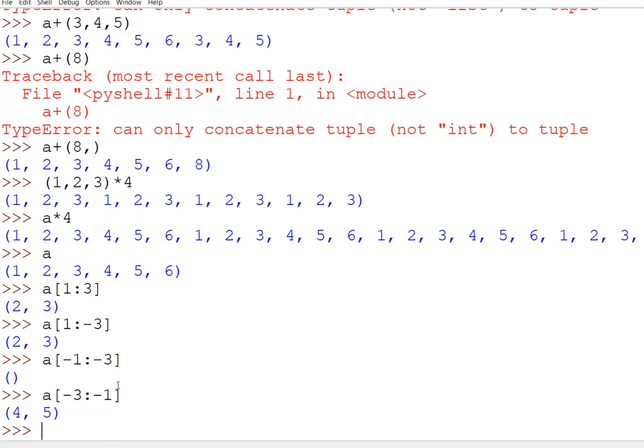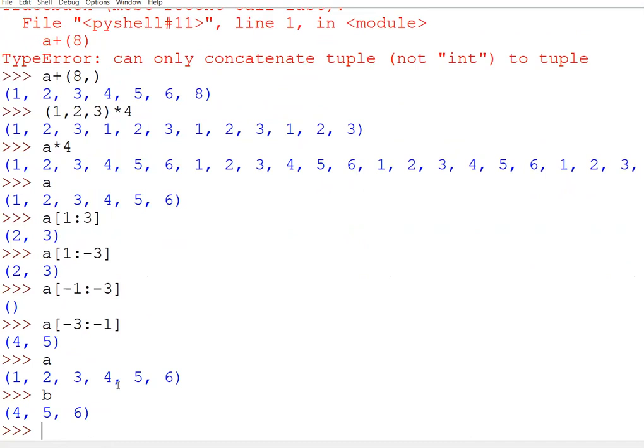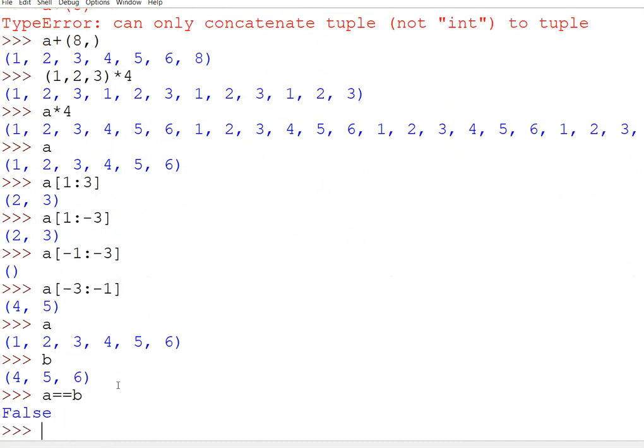So slicing, again, is the same as we were discussing previously. Then after that, suppose we wanted to compare the tuples A and B. You can simply write it like this, A is equal to B. It will directly compare. A is equal to, you wanted to compare it with 1, 2, 3.